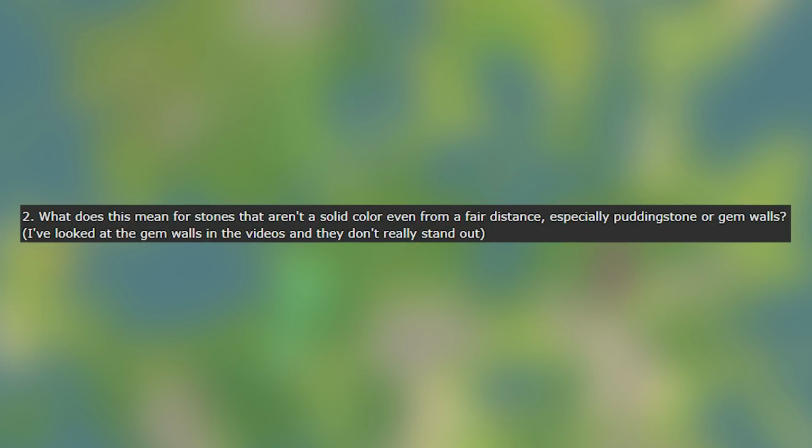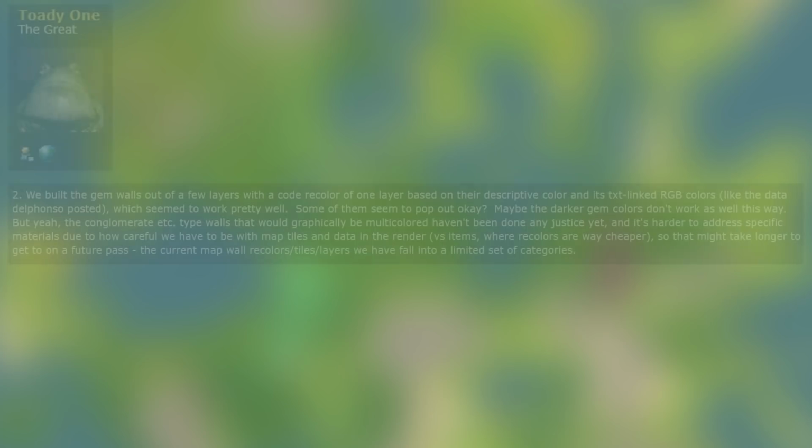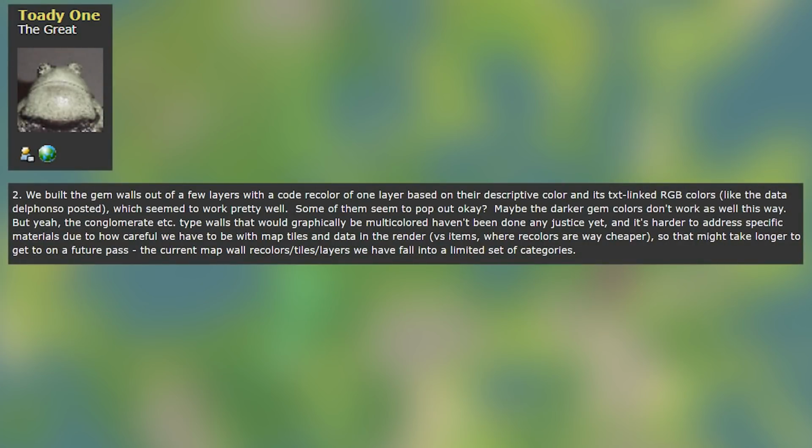Then Ear's second question is, what does this mean for stones that aren't a solid color, even from a far distance, especially for stone or gem walls? And Tarn's response is, we built gem walls out of a few layers with a code recolor of one layer based on their descriptive color and text link RGB colors, which seemed to work pretty well. Some of them seem to pop out okay. Maybe the darker gem colors don't work as well that way, but yeah,